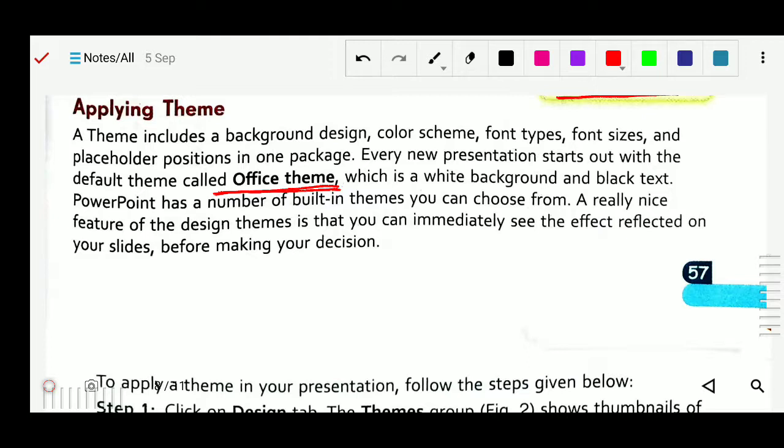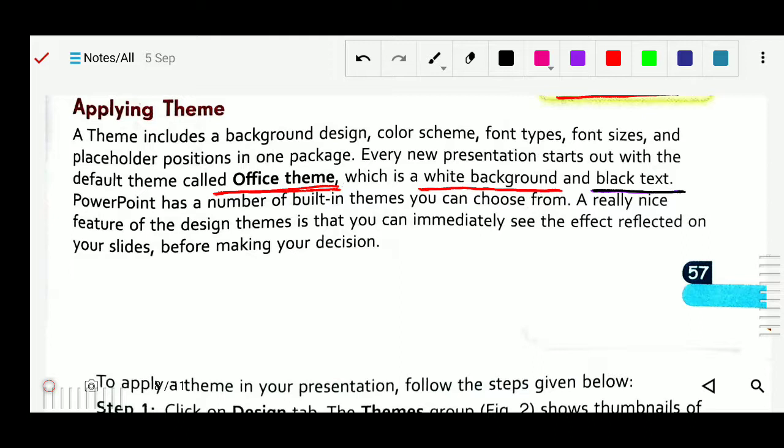So this is about the Office Theme. PowerPoint has a number of built-in themes you can choose from.